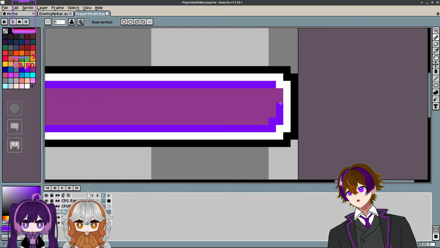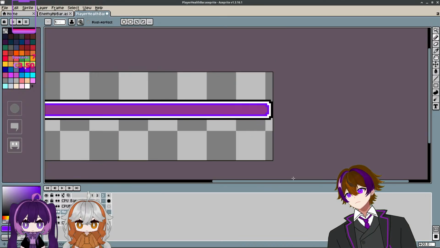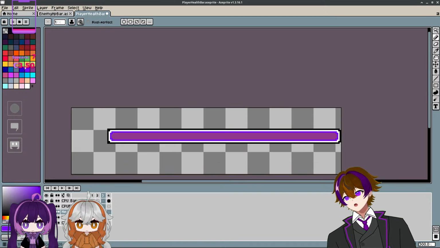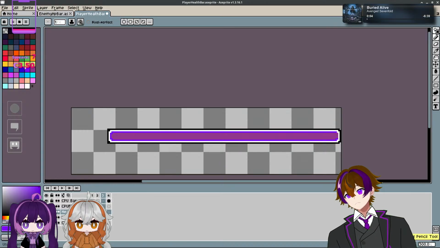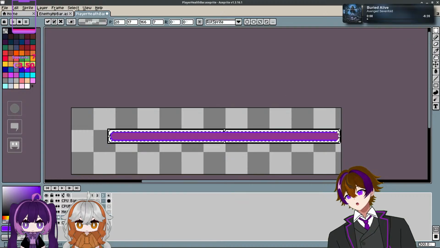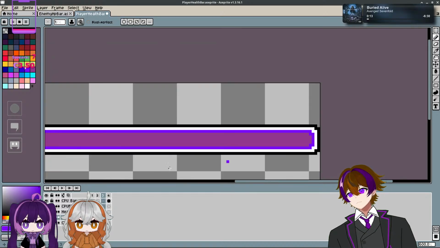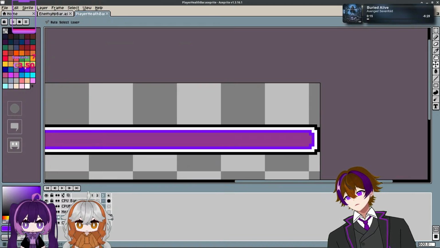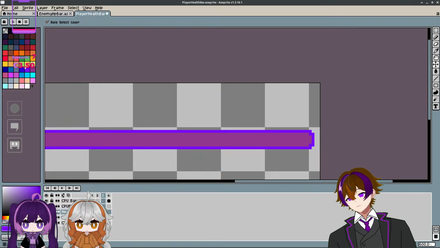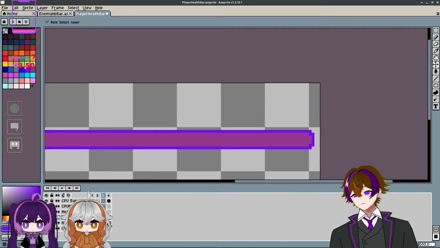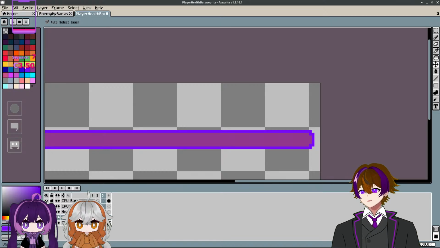Just gonna do this. Okay. Seems perfect. And I screwed up. Control X, it should be on this layer. Okay. Now I can delete this one. Shift N, not Shift N, Alt N,